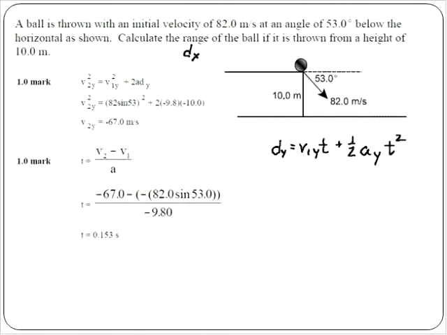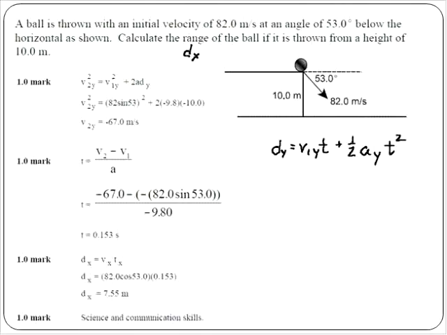Now they said tx there, but that's the same thing. It's the time we just found. There's really only one time. The tx and the ty, same number. Okay, so dx equals 82 times the cosine of 53. That is the horizontal component of the velocity, multiplied by the time, and that gives you an answer of 7.55